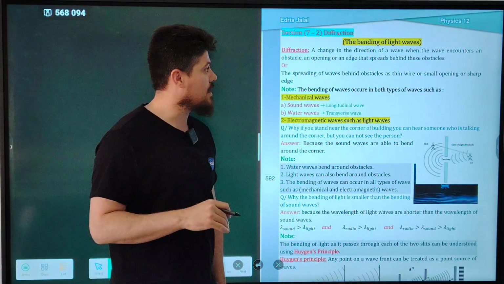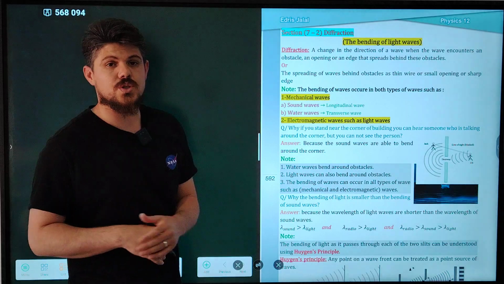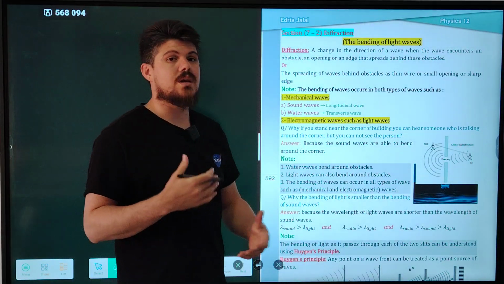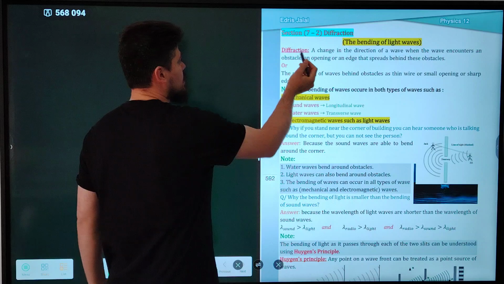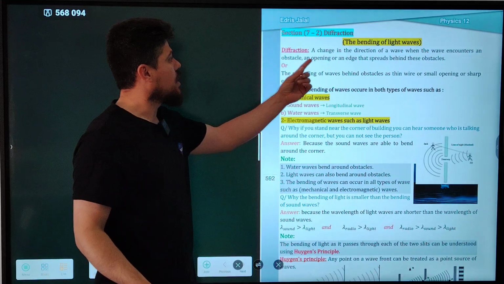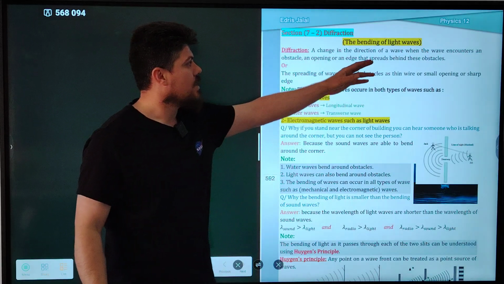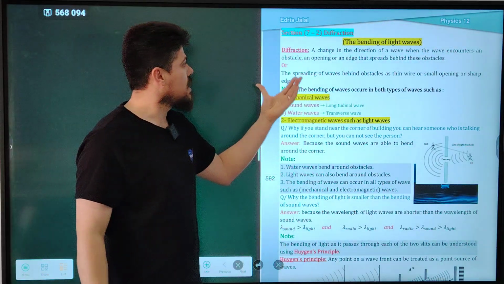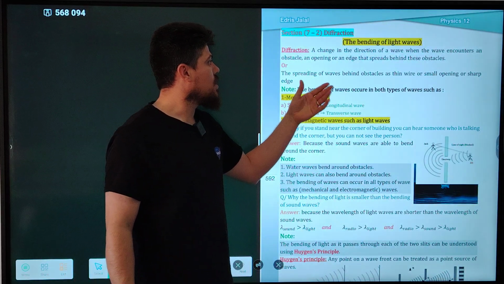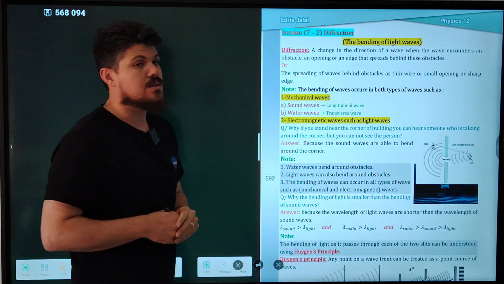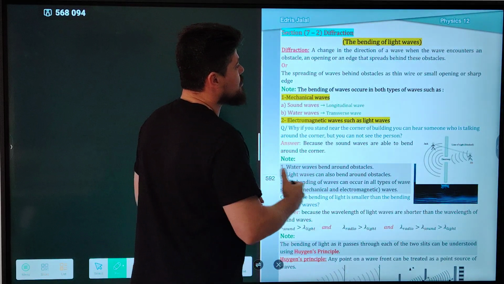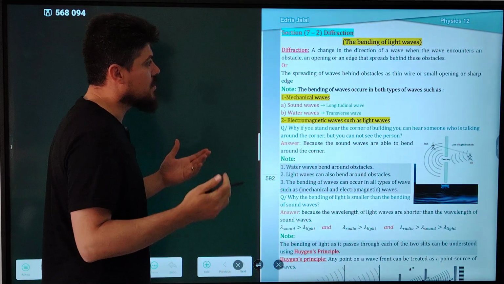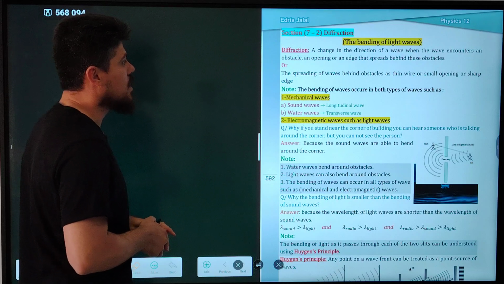Today's lesson we're going to talk about diffraction in section 2 chapter 7, diffraction and the bending of light. First of all, let's define diffraction. What is diffraction? A change in the direction of the wave when the wave encounters an obstacle, an opening or an edge that spreads behind these obstacles. Another definition of diffraction: the spreading of waves behind obstacles such as thin wires, for example, or a small opening or sharp